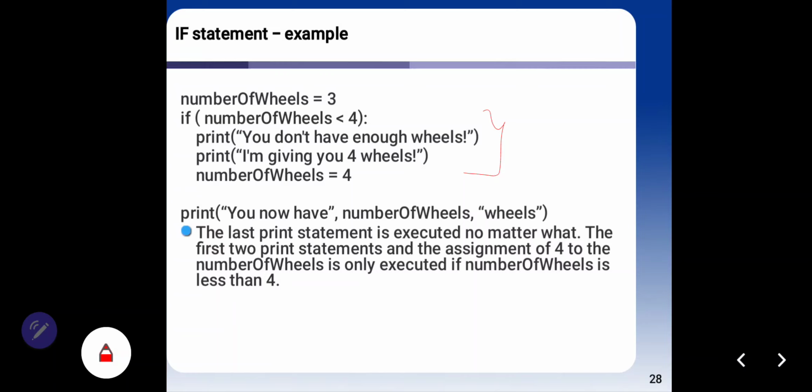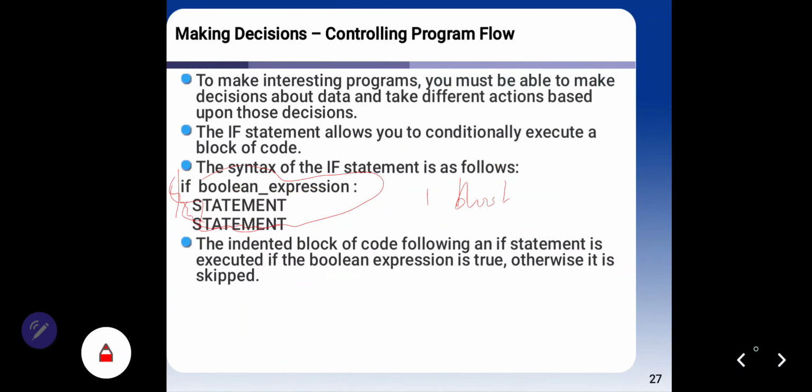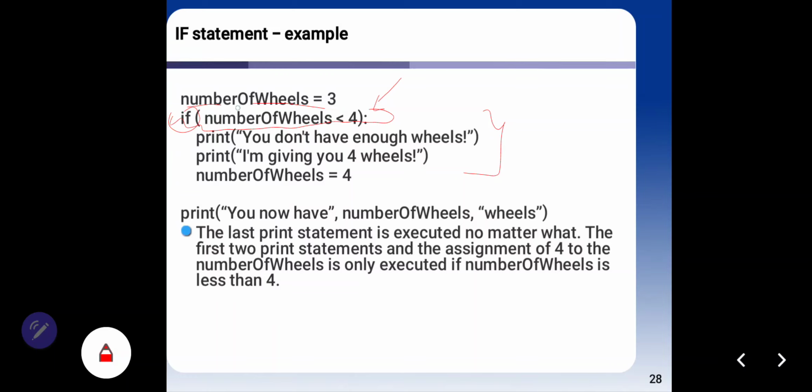If number of wheels less than 4, you have to be careful to create the syntax of this if statement. If Boolean expression, this name is Boolean expression, and don't forget to put a colon at the end of this syntax.